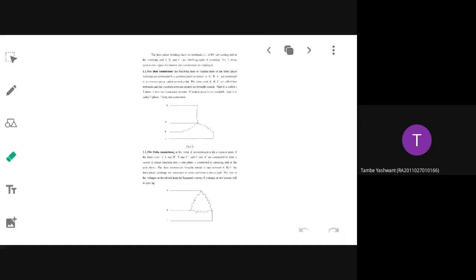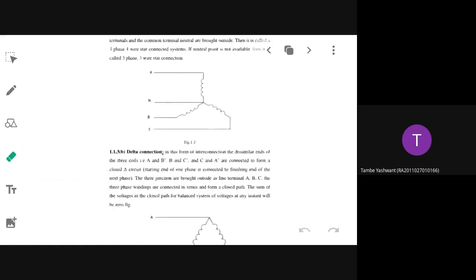Okay, now I told you there will be three phases. Three phases means three coils will be there in that particular machine which is generating three-phase AC. So you don't know how to give connection between these three coils. Generally we will get confused. There are three coils, how to connect them? That becomes your question. There are two types of connections you can possibly have. One is star connection or Y connection and the other one is delta connection. These are the two ways in which you can connect any three-phase system.